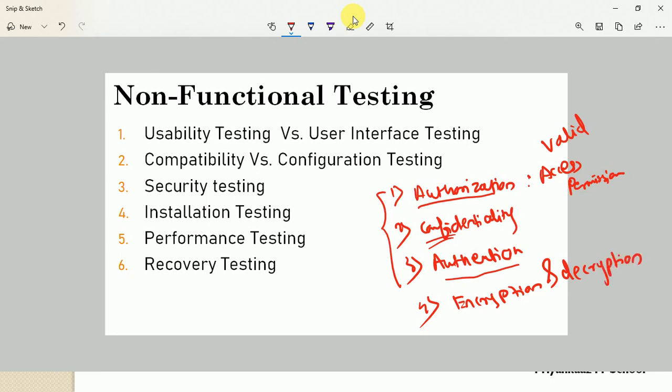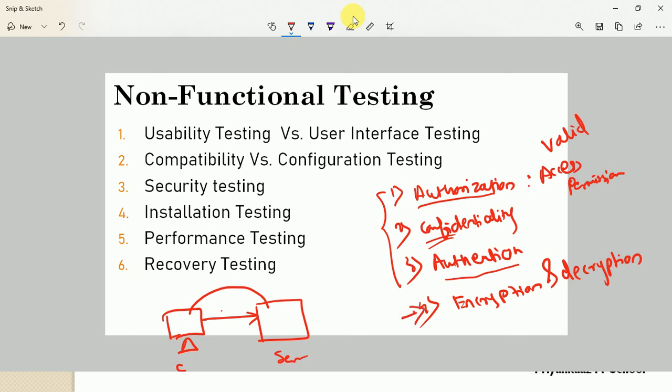So for example, whenever we are passing some data to a particular server, suppose we have a client and we have one server, right? And we are passing some information from client to server. If the information is important, there should be security available, right? So whenever you are passing some data from one system to another system, a basic level of security should be there. So what concept makes the data confidential? This is an important topic, encryption and decryption.